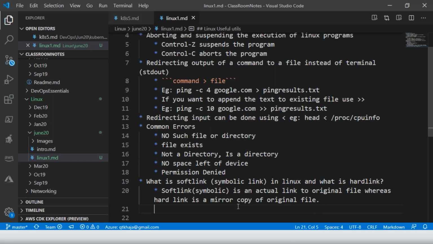Okay, so just because of this, if you delete the original file,